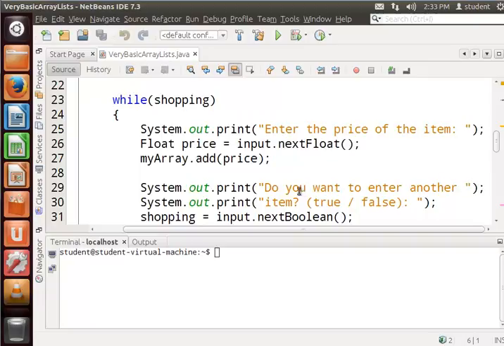And then this is a good example of print, right? Because it keeps it on the same line until you give a \n. So System.out.print("Item? (true/false): ");